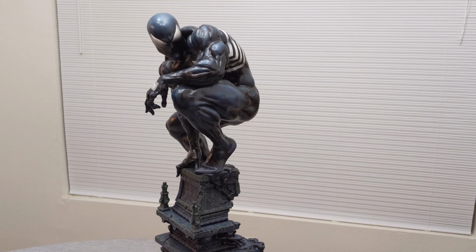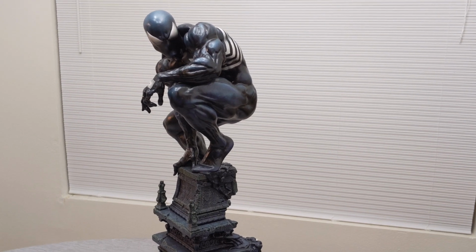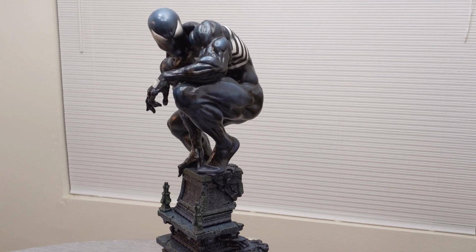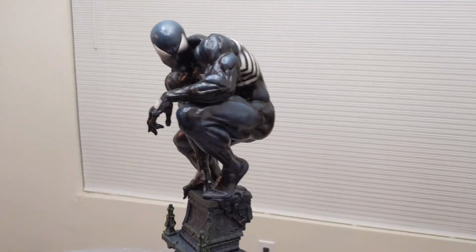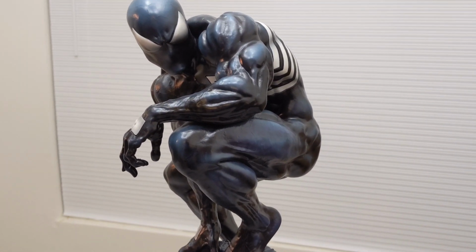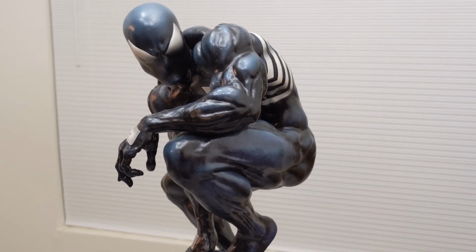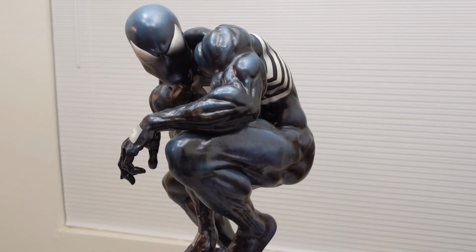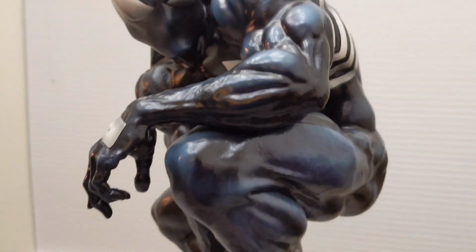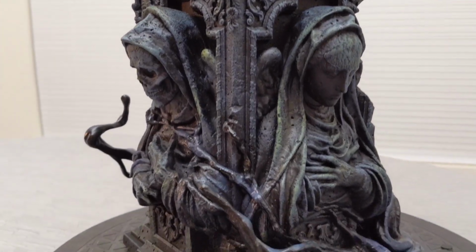Alright, so here is the premium format Symbiote Spider-Man 1/4 scale, all put together out of the box. Real simple to key together. There's not too many parts to this. But let's get a little closer to this guy, see what we're working with. So he's crouched down on top of like a church steeple, pretty much. And this piece has a lot of texture to it, and it's a pretty cool piece. Let's go ahead and start down at the base though here. So the base is the church steeple,